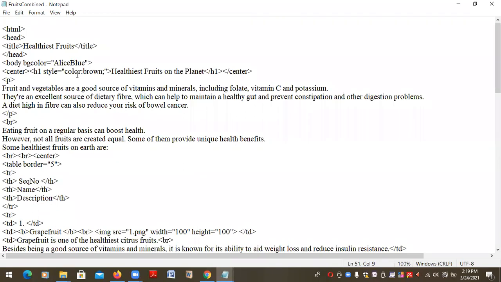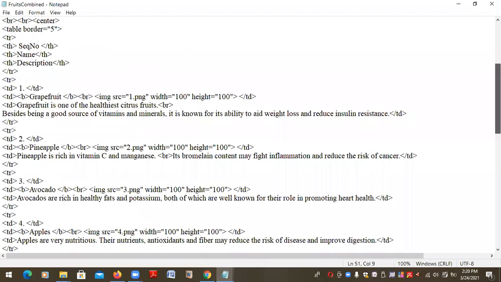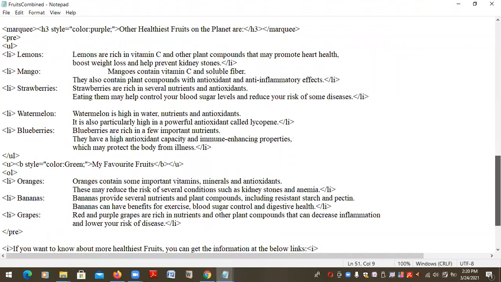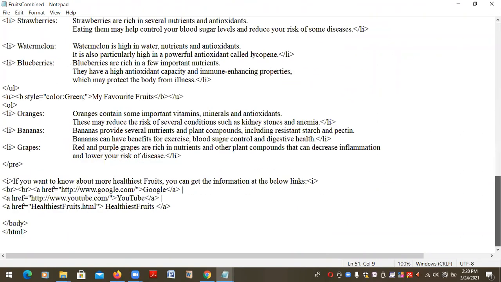The heading is the only center. And then after that, where is the table? The table is in a center here, closed. And then after that, you already closed the center here. You already closed the center. And here, we don't have any center. So why is it like this? We don't have any center here.